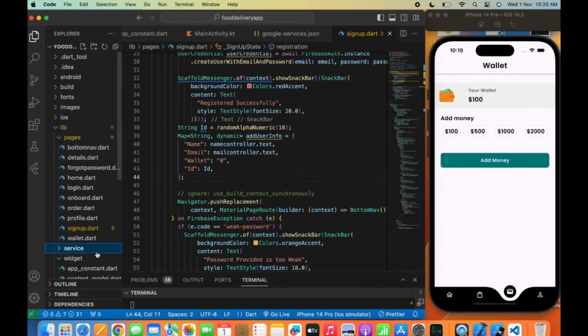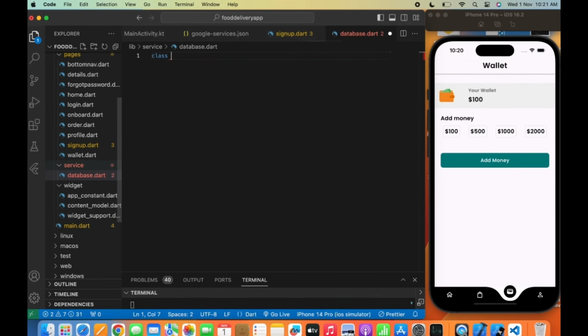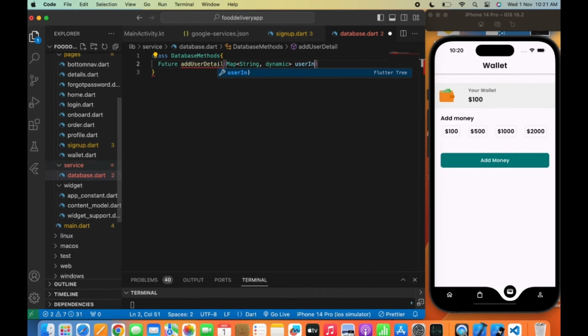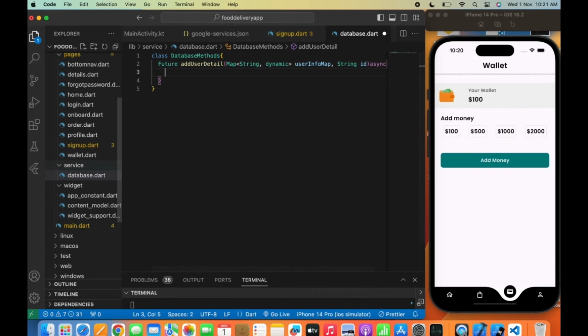But before adding the detail to the database, we need to create a folder named service here, and inside the service folder I will create a new file named database.dart, and will create a class named DatabaseMethods. I will write Future addUserDetail, and will pass the Map<String, dynamic> here that we have just stored in the signup page, and will name it userInfoMap, and will pass the ID of the document that we need to assign, and will return